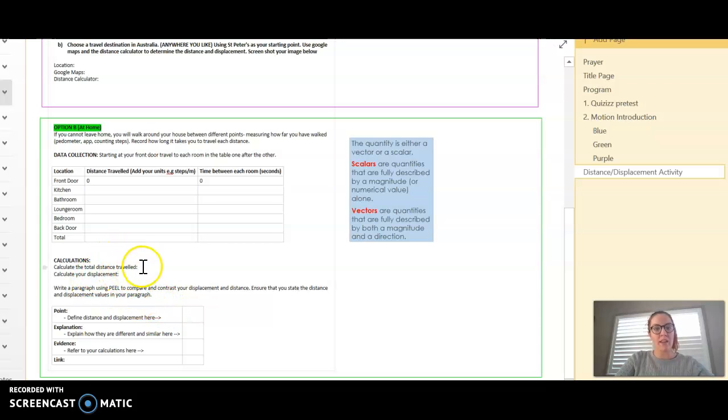Once you've done that, you're going to calculate the total distance traveled, and then you're going to need to calculate the displacement. I'm not going to tell you how to do that. I want you to work it out for yourself. If you like to draw a map, you may do so if you're a visual learner, and that's going to be helpful for you. Once you've got the distance and the displacement, it's then time to write a PEEL paragraph